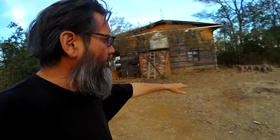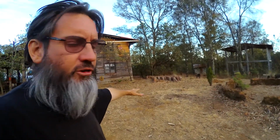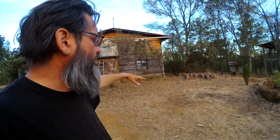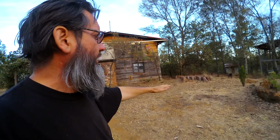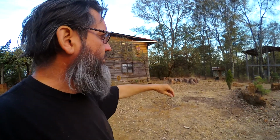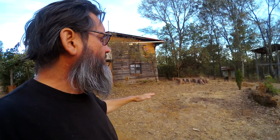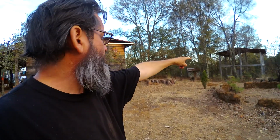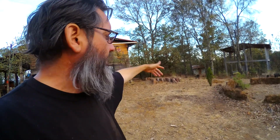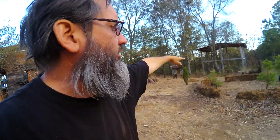I do think we should probably flatten this, and that's a shovel job. Make it so that we leave space around the trees and stuff, but this is a flatter area, and all the way back to where the tiles are, those will get moved out and used for something. We are above where the doghouse is, and so we need to make a ramp that goes down, partly around, it's already there, partly around the circle, and then